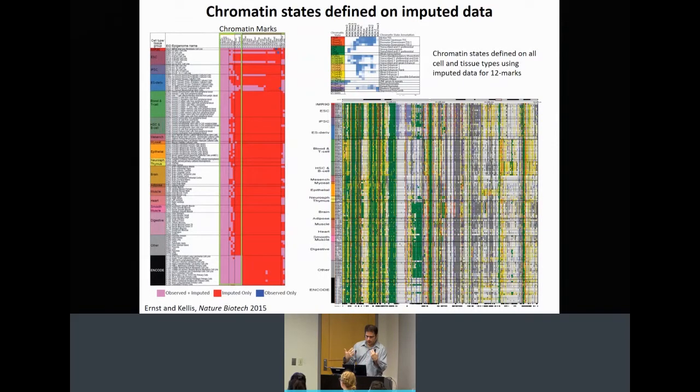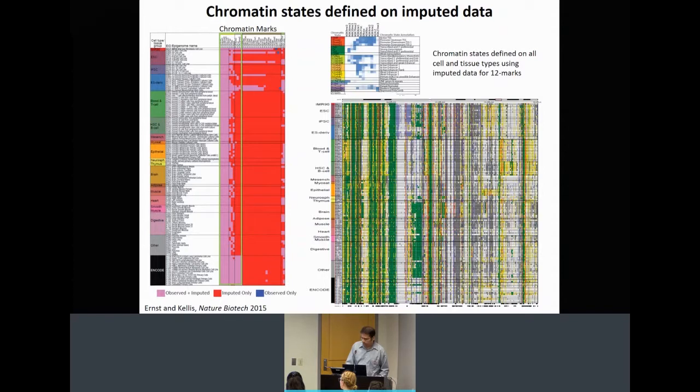So there might be a slight bias, but you're substantially reducing the variance, which often gives you higher quality tracks. And then what you're seeing here now is this chromatin state model based on 25 states learned on 12 marks, now annotating the human genome into these 25 states across the 127 reference genomes,